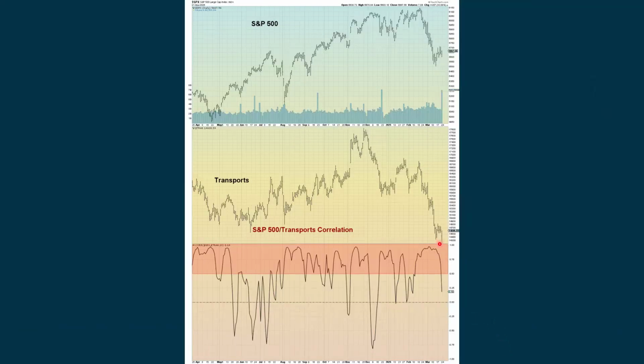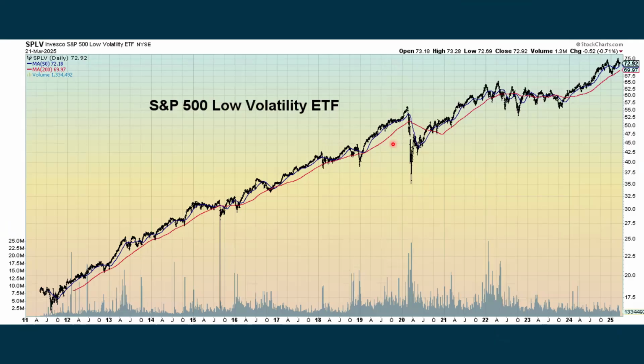And we're actually seeing a real deterioration, almost back down to neutral when we look at the relationship between the S&P and the Dow Transportation Index. Low volatility stocks. These are the ones that people get into. And I try to explain this, that if you're a money manager, you run a mutual fund or an ETF or some kind of a